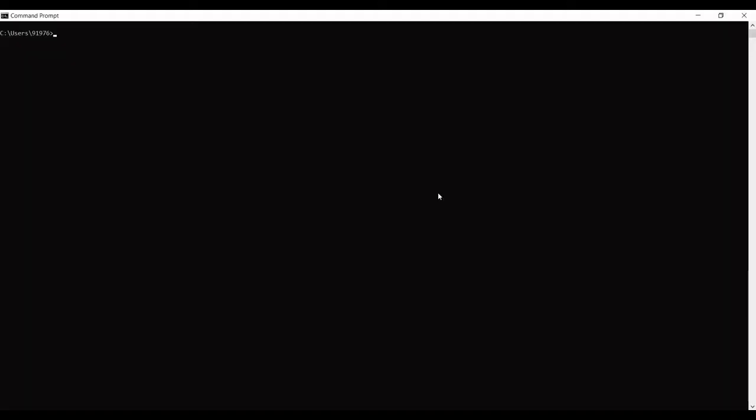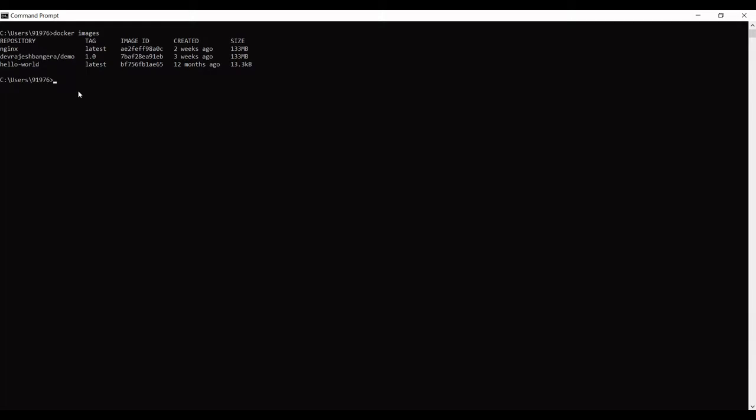So the first step is open up your command prompt. I have three images with me: Nginx, my image from my last example, and then hello world.